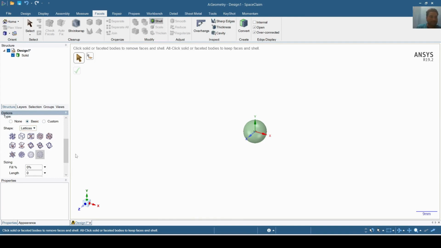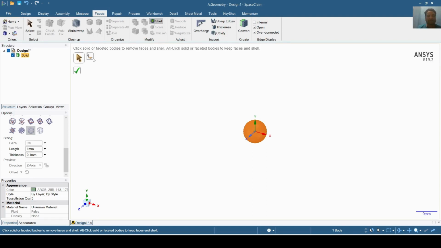and lattices, and this time I will take some outer surface pattern, which will not be in the volume of the object, but only on the outer surface of the object or the model. So now I will select this pattern, triangle surface faceted lattice. It means the triangles will be outside, on the surface of the sphere, and I will select this icon, and I will select this solid, and I will select this face, and